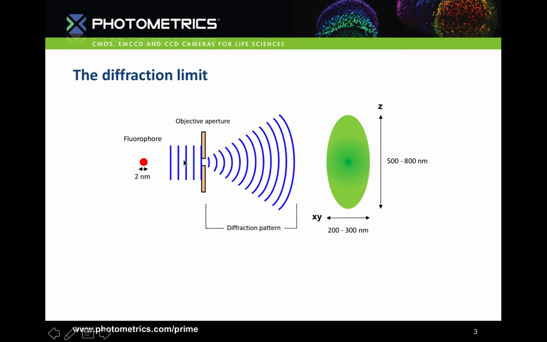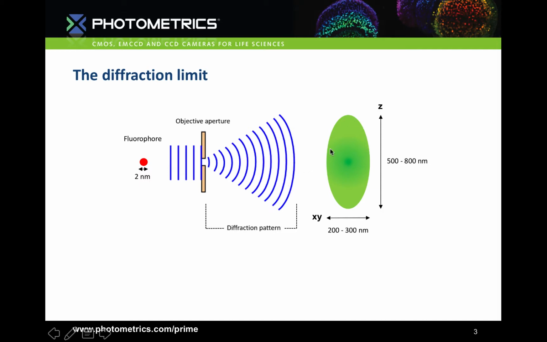Once it passes through the objective lens, the image we see is considerably larger, some 200 to 300 nanometers in X and Y, and 500 to 800 nanometers in Z. This happens because light travels as a wave, so when it's focused to a small spot with a lens, no matter how good the objective lens is, the focal spot will have a larger size than the actual fluorophore. This happens because the wavefront of the fluorescence emission becomes diffracted at the edges of the objective aperture. This effectively spreads the wavefront out, widening the fluorescence emission into a diffraction pattern which has a central spot larger